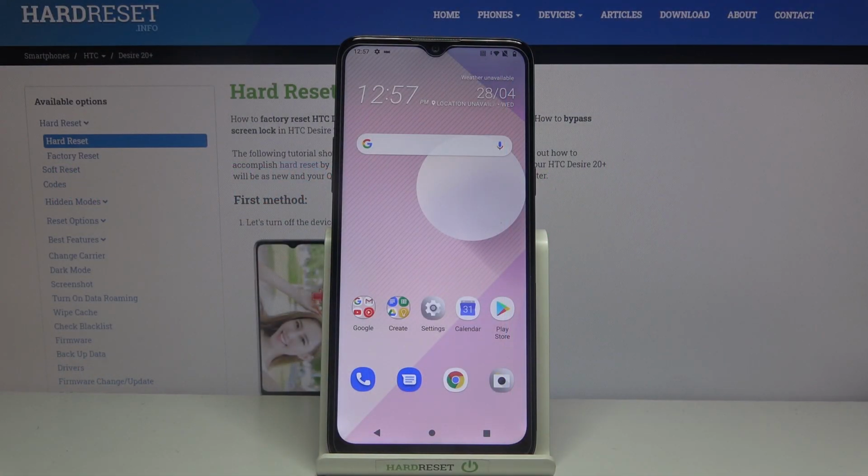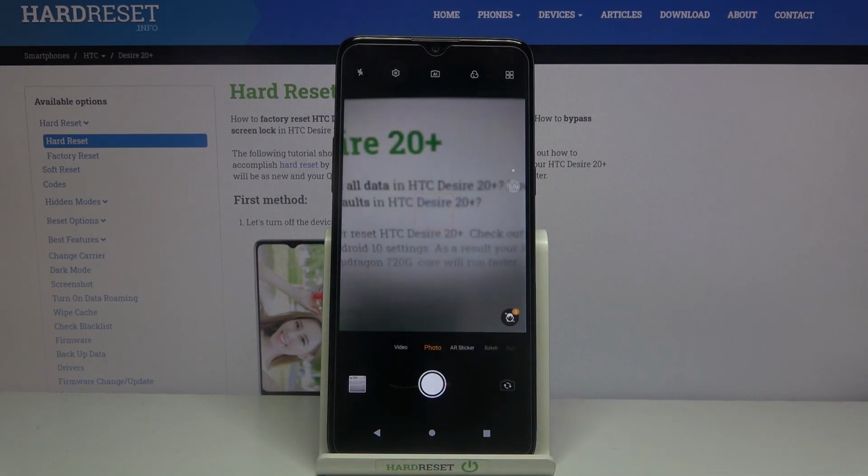Welcome, here I've got HTC Desire 20 Plus and I'm gonna show you how to change photo size in the camera app at this device. So at first we have to tap on the camera button to open it,